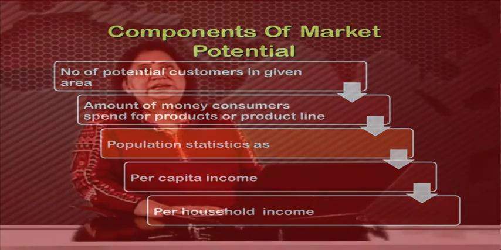Now, to study the components of retail market potential, if a very big company like a multinational company is coming up, then it is easy for them to get the statistics, because we have the data available from the ministry, we have data available from the statistical organizations also. See, when Reliance was launching Jio, they had the basic figure of how many people are using mobiles, what is the population of this country, how many users can be connected, how many new users can be converted if prices go down, and how the rural segment can be connected.